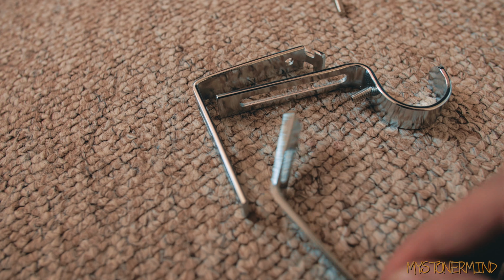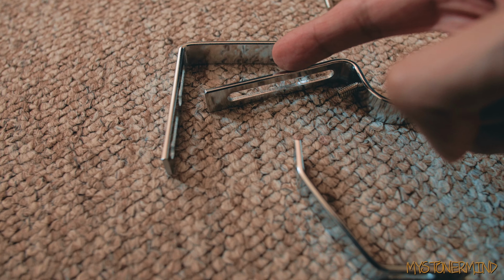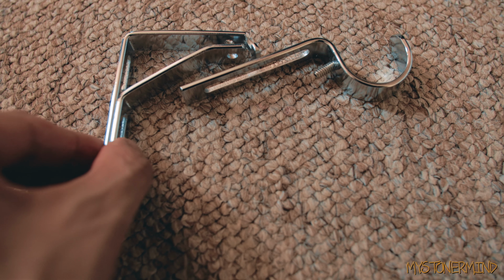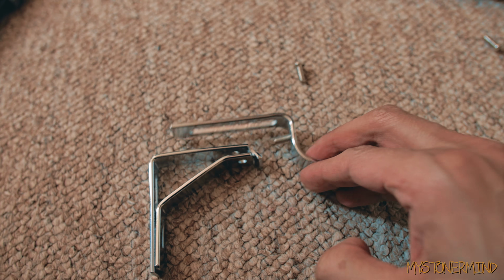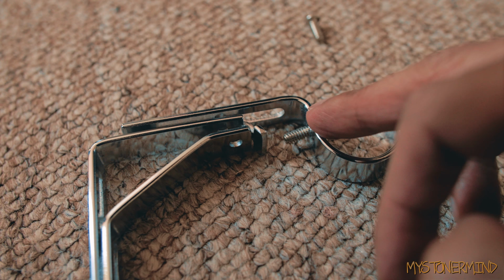Okay. There's one hole in the end of this, and there's one hole in the end of this. What if I match those two up? Hey, that looks like it's right. Hang on. We might be getting somewhere here now. Ooh, and it matches that too. So, okay. That, and then this. So then that, well, how? So that little screw there is...